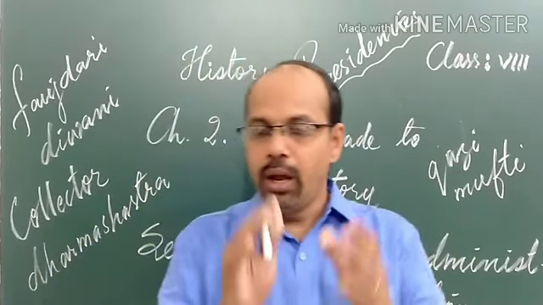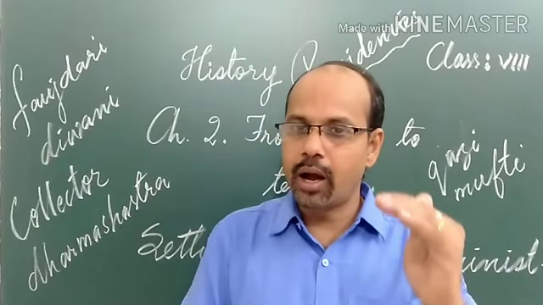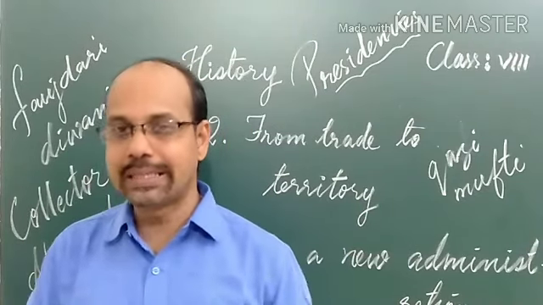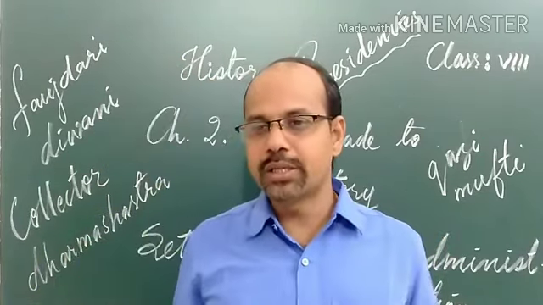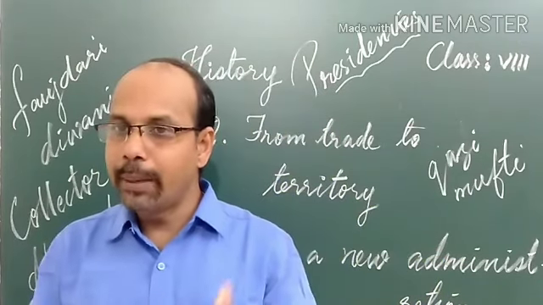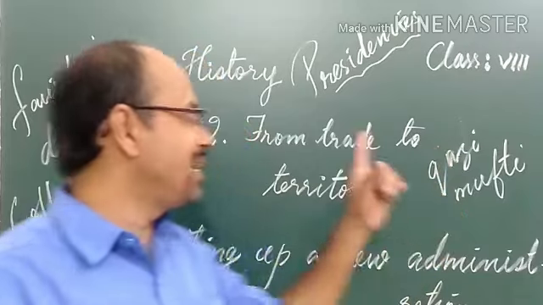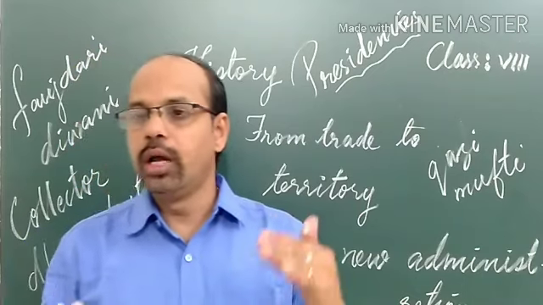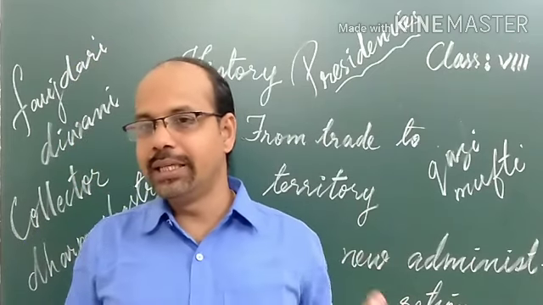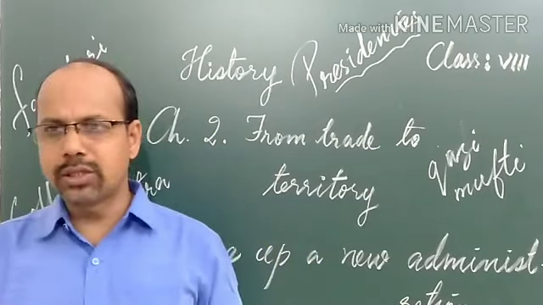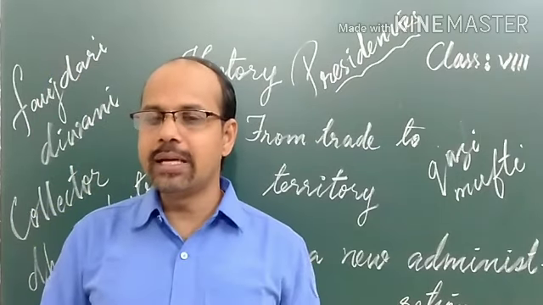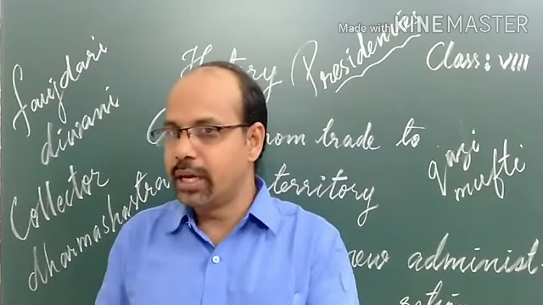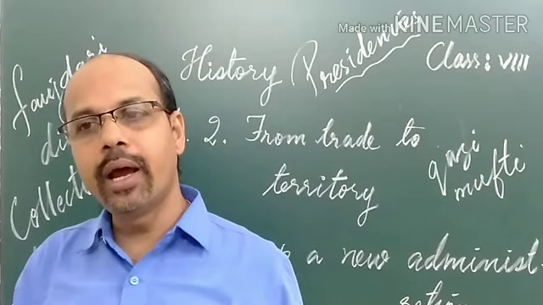Later on, the Britishers divided their Indian territories into provinces, which were later known as presidencies. The larger provinces in India were divided into administrative units called presidencies. So the British territories under their control were divided into major regions known as presidencies. There were three important presidencies, known as Bengal, Madras and Bombay.